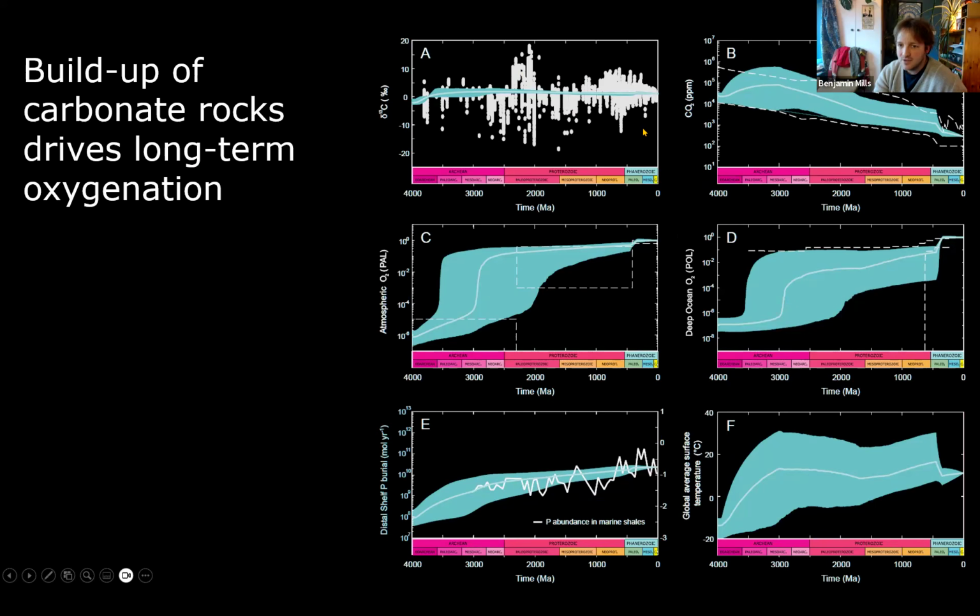Now, if we take this into consideration, our model suddenly starts to look a whole lot better. I'll go to 13C last, but because we have less carbon in the crust in the early Archean, even though we've got a faster spreading rate and a hotter mantle, we're not mobilizing as much carbon. So we're mobilizing enough to keep it warm, but not enough to make it super hot. Our temperatures over Earth history, at the bottom right here, are largely the same as the present day, although they do get very low here.